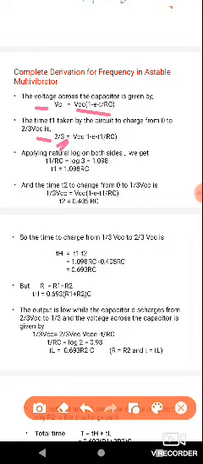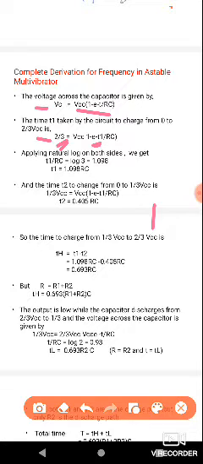Next, applying the natural logarithm on both sides. Why are we applying the natural logarithm? When we apply the natural logarithm, the exponential will be cancelled, because the natural logarithm and the exponential are inverses. So the exponential term and the logarithm will be cancelled.